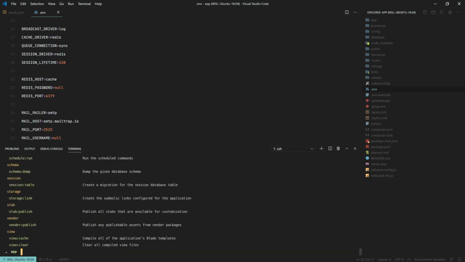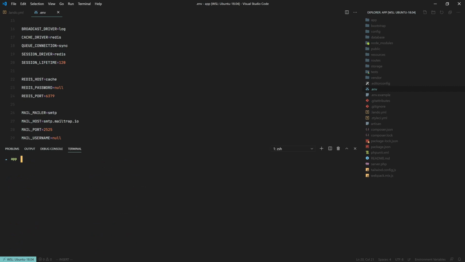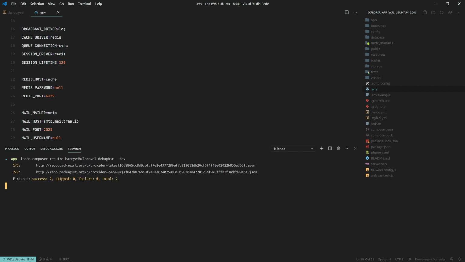If we type that, then you will see all the artisan commands you can run. So let's install a composer package, Laravel debug bar. We all require this for local development. So we say lando composer require barryvdh/laravel-debugbar --dev, and then it will go and install Laravel debug bar for us.